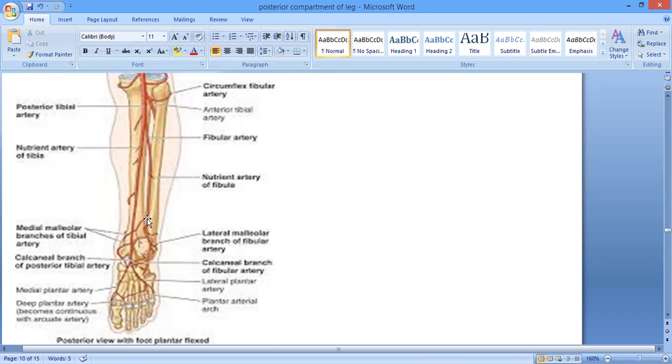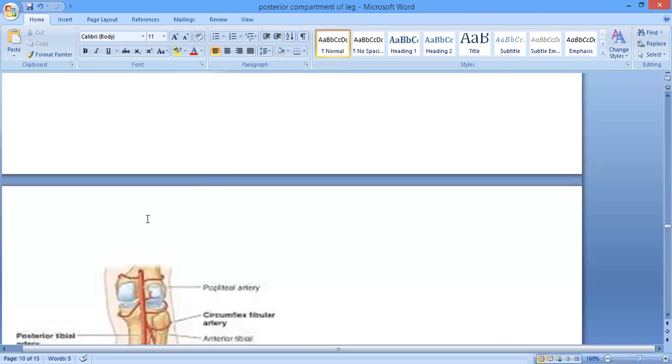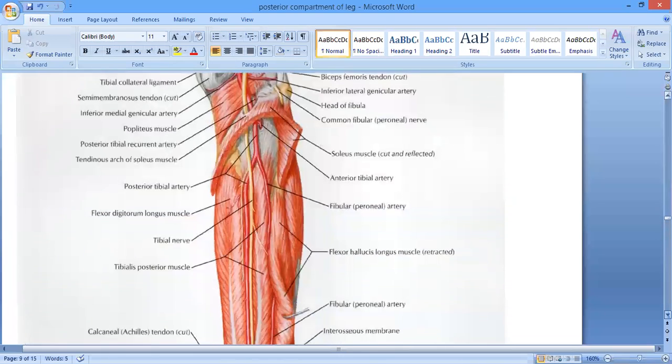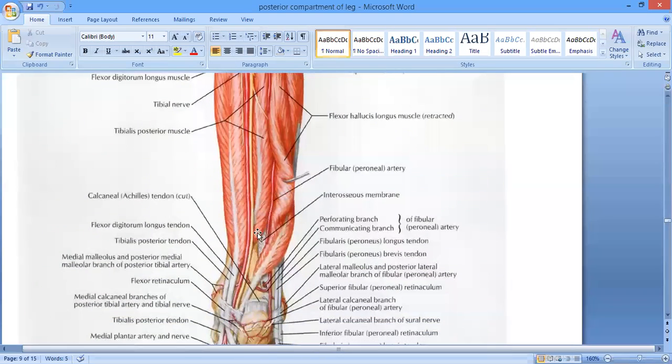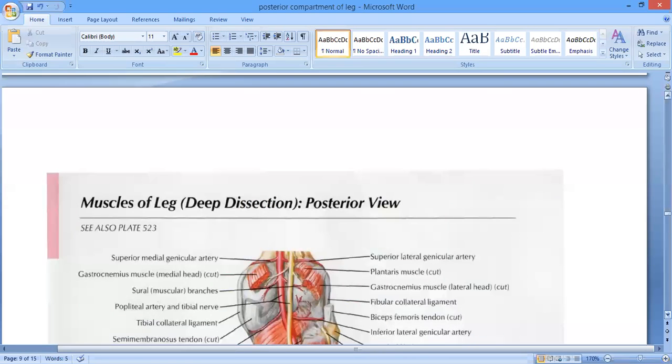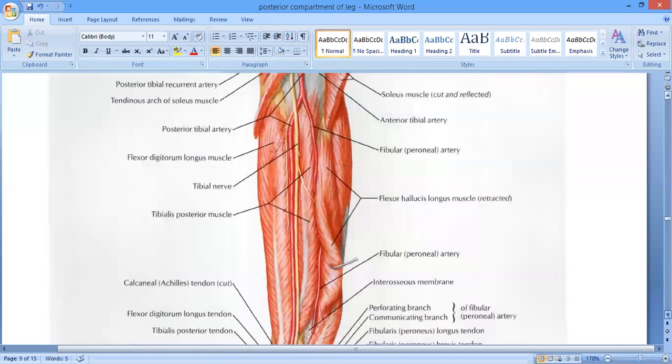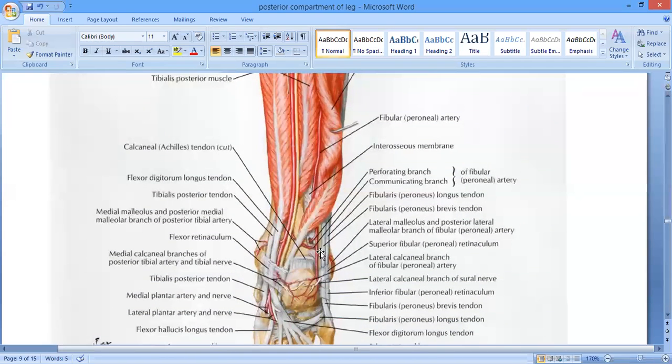Can you see this, right? Okay, let me show you too. The perforating branch, when it reaches the lower 1/3 of the leg, is going to go this way. Can you see the perforating branch? Should I make it a bit larger? Zoom in on your mobiles a little. Here you can see this one.